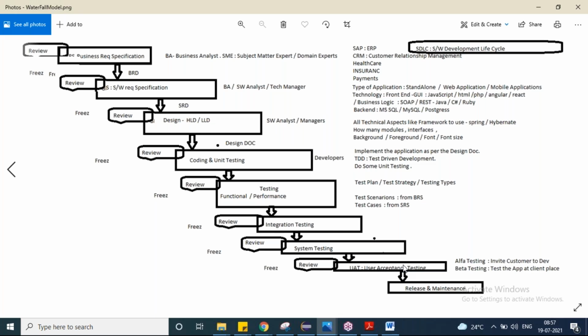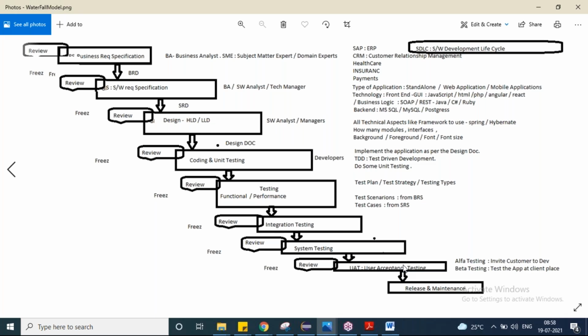It will always come in the downward direction. So as you are looking at this particular model as a staircase, and it is looking like a waterfall, people are calling it the waterfall model. This is a software development life cycle, the waterfall model, and it is a sequential model. Sequential means one after the other. BRD and then SRD and then HLD, LLD, and then coding, unit testing, and then functional testing, integration, system, user acceptance, finally release, right?